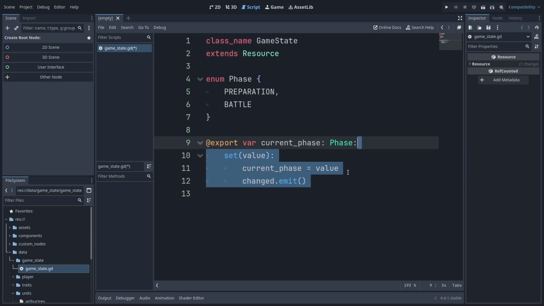We set the current phase to the value we pass, and we just also want to emit the resource's changed signal, so all the systems can be notified that setting this export variable to a new value means that the game state has changed, right? So they can react however it is that they want to react to it. And that's about it. So we can save the script with Control S,